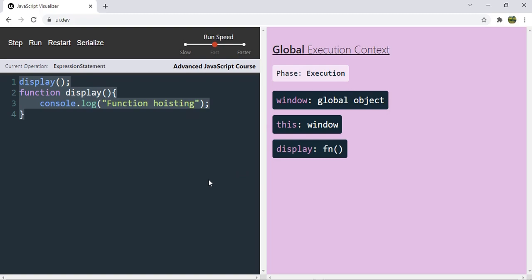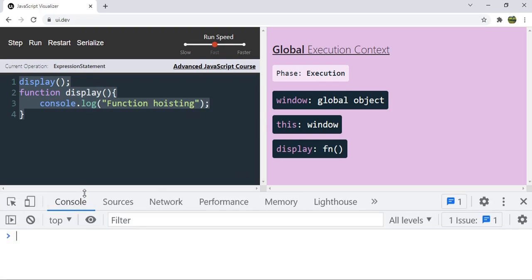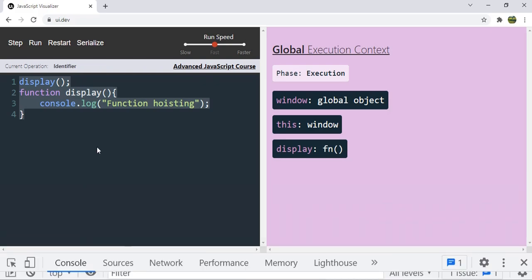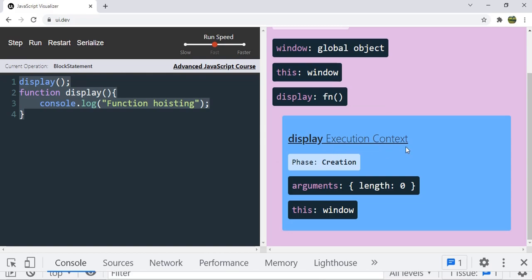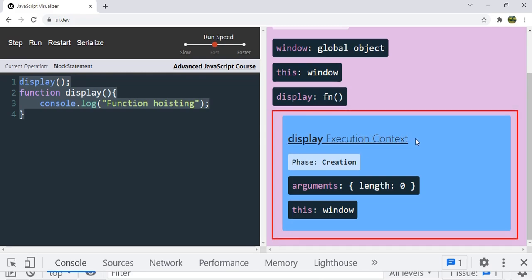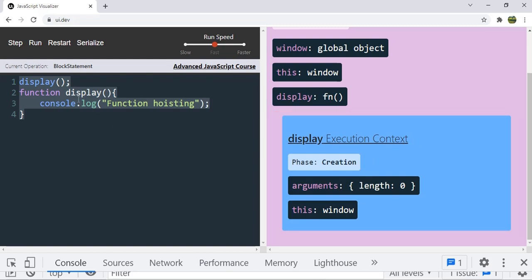Just press F12 so we can see the console. As soon as JavaScript finds the call of the display function, it will create the execution context for the display function. Here you can see that the display execution context is created and we are in the creation phase. We are not passing any parameters, that's why you can see length 0, and this is equal to the window object.